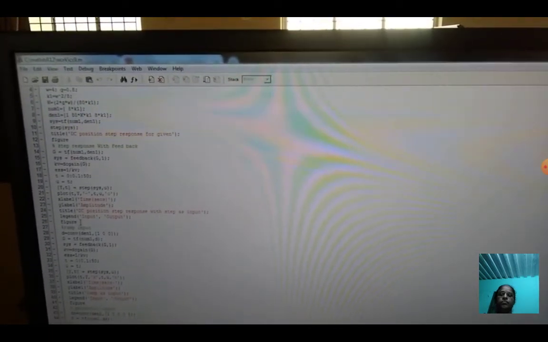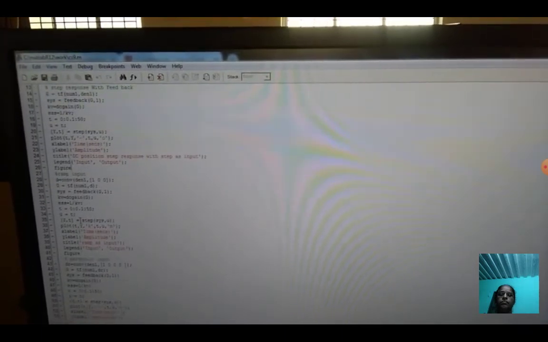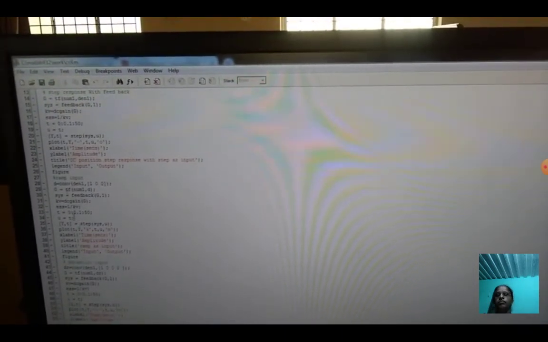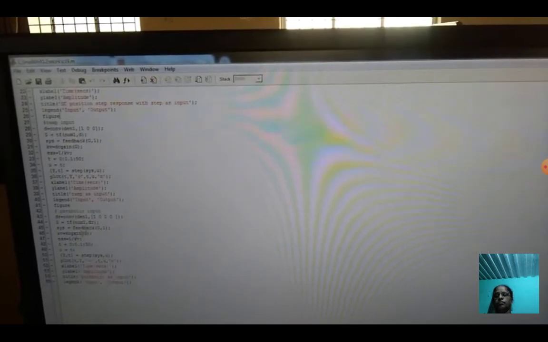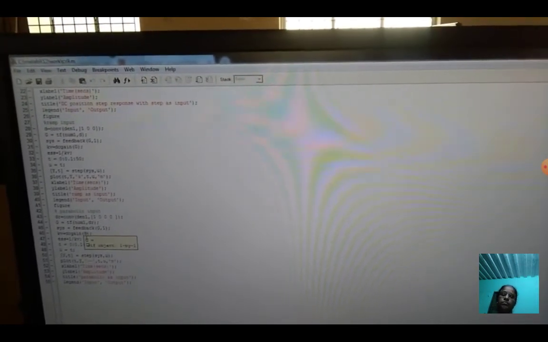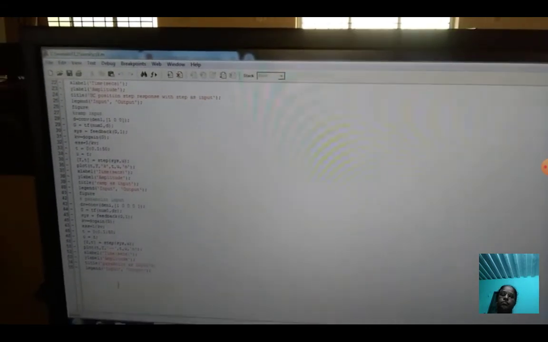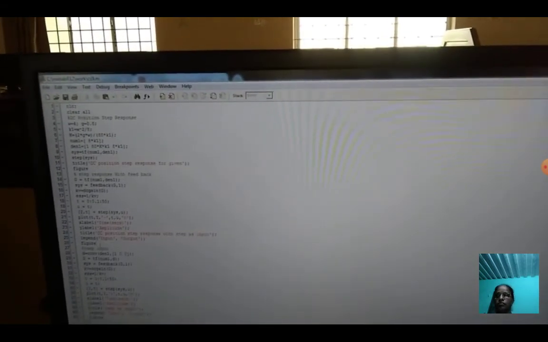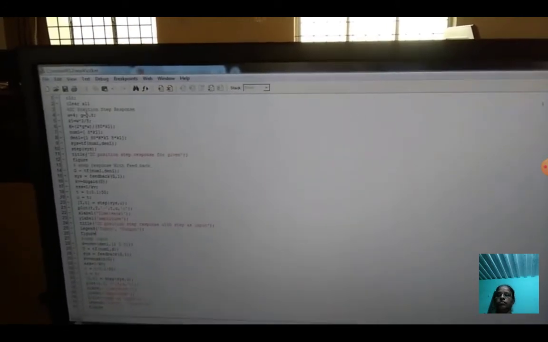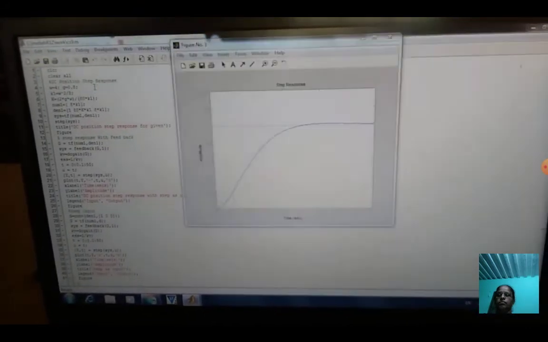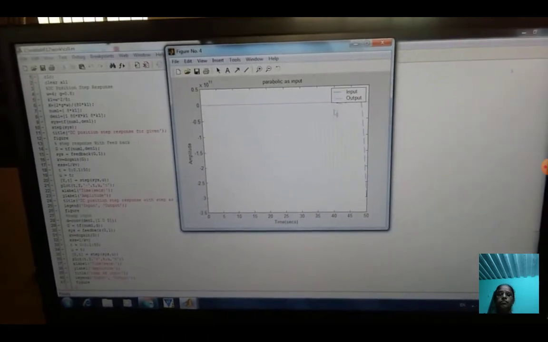Then second one is the effect of the input waveform on the steady state error. This is the second part up to this. Third one is the effect of trade-off study on a lead compensator, that is the ramp input. Fourth one is the parabolic input, means PI controller, and then study the effect on the steady state error. Totally 4 parts. Okay, you can type the program and save the program as .m file only. Then you can go to debug and then run the program. So the waveform outputs are open.